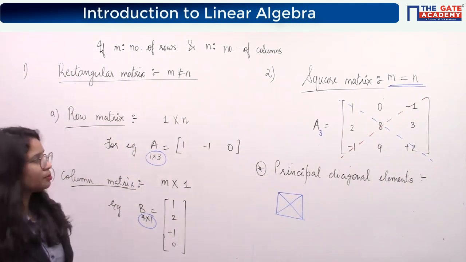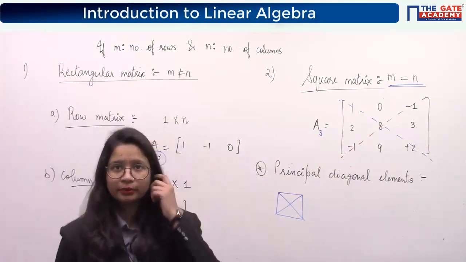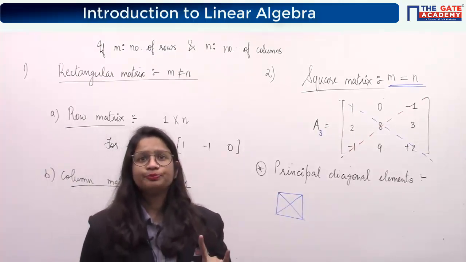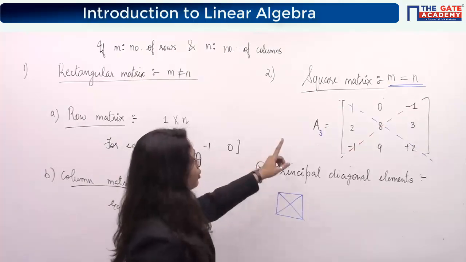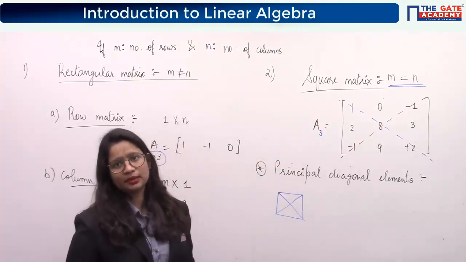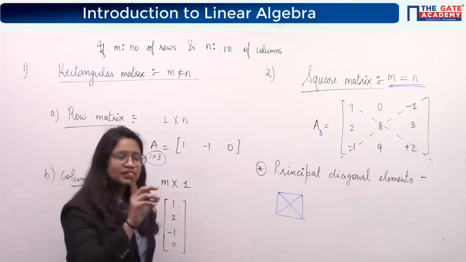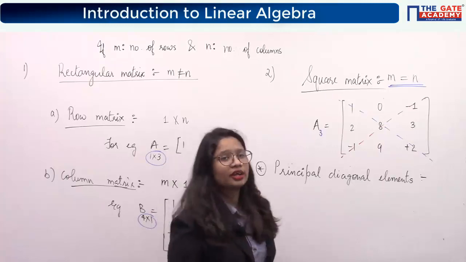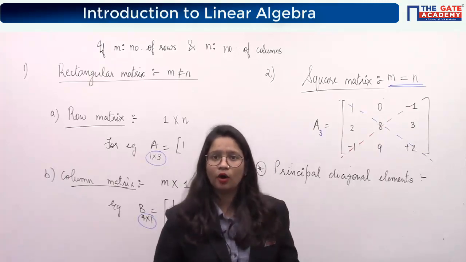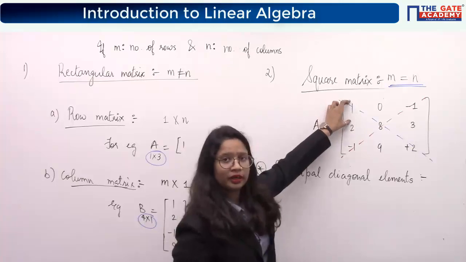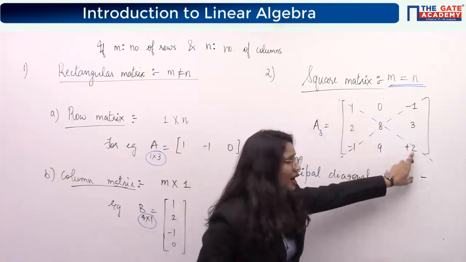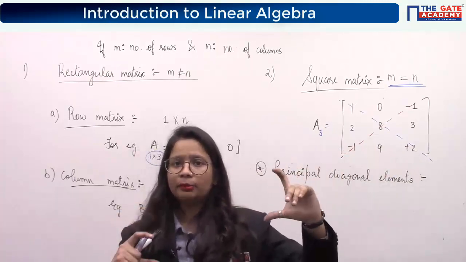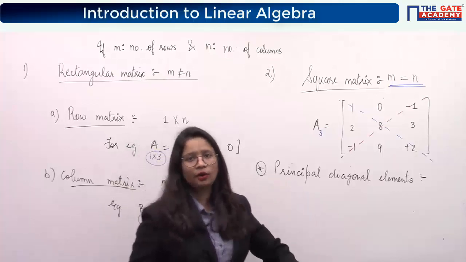See, both are the diagonals, blue one, red one, both are the two diagonals of the square matrix, but only one is known as principal diagonal, and that one is this blue one. The reason why it is known as principal diagonal is because principal diagonal is defined like this: it is a diagonal on which your first element of the matrix lies, as well as the last element of the matrix should lie. A diagonal on which your first and the last element of the matrix should lie, that diagonal is known as your